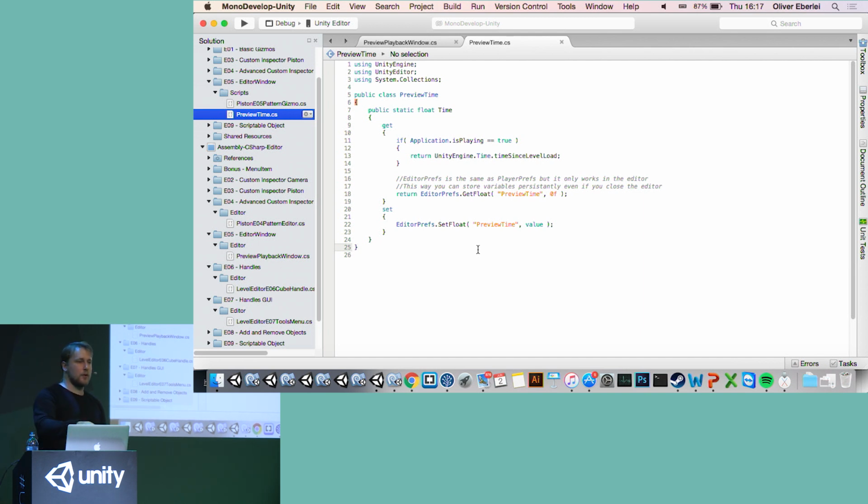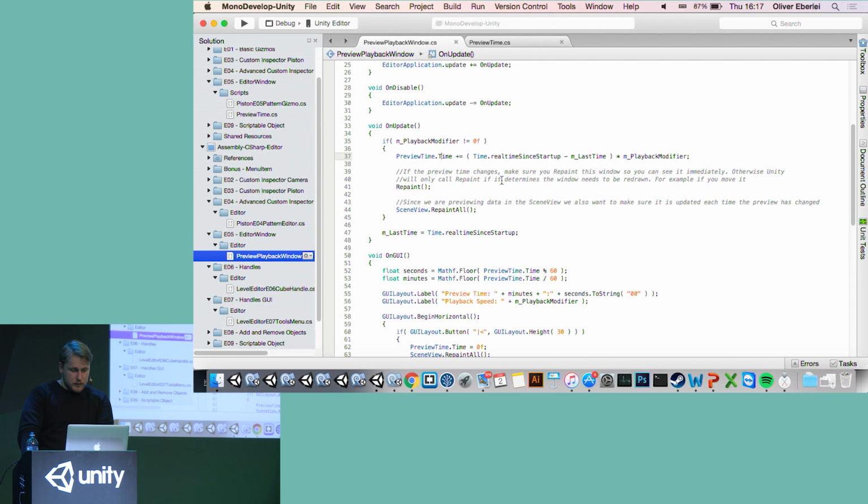And because it's an EditorPrefs, it's not stored in any files. So it will not be in version control. So you will have your own config, and it will not be shared with other ones. So very useful to create basically an editor config for each specific user. And yeah, you have SetFloat and GetFloat in here, and I basically just set a value or retrieve the value that has been stored previously.